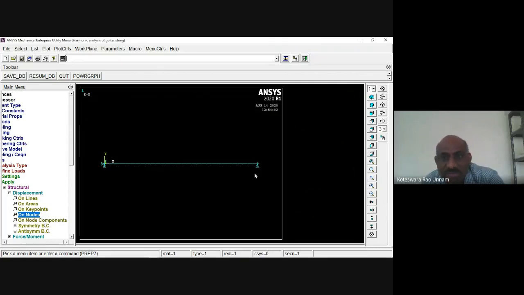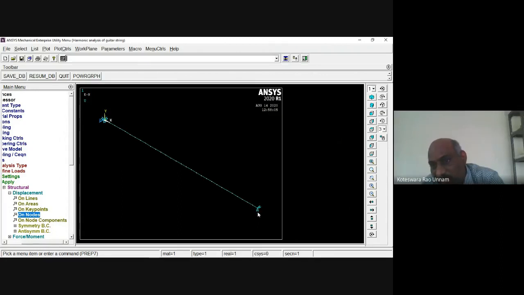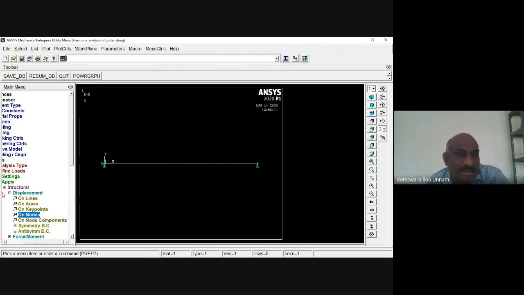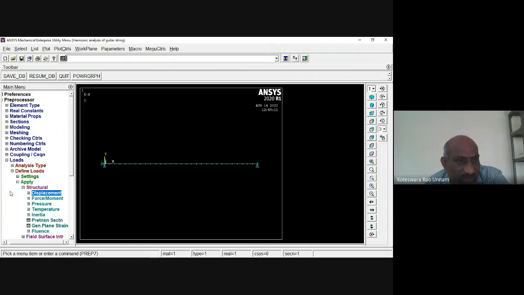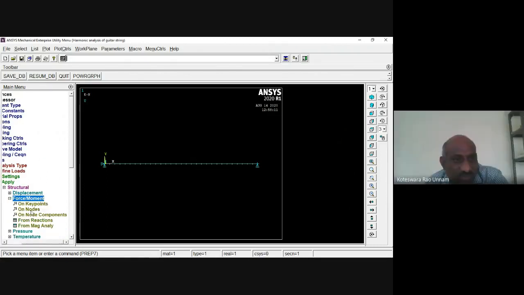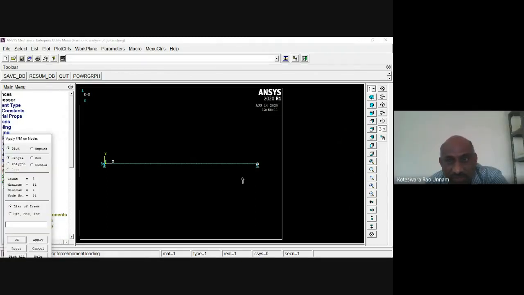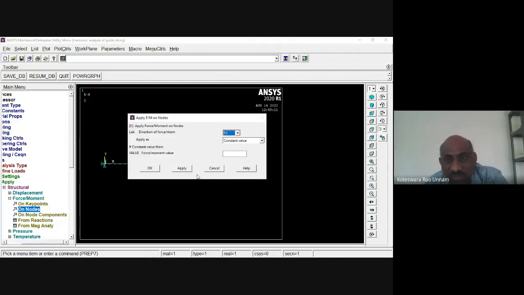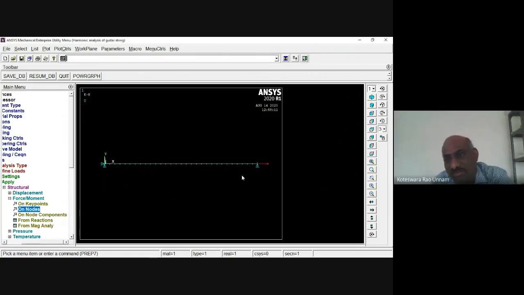Click OK. Even though you are applying those two, you can see in this view that both are shown: UY and UZ are both zero. Right. Then we need to apply a force here. What is that force? I'll go for the next, 84 newton force on the node, on this node only. In which direction? In the x direction only. So the force is in x, and here I need to apply 84. Like this, I need to do this.